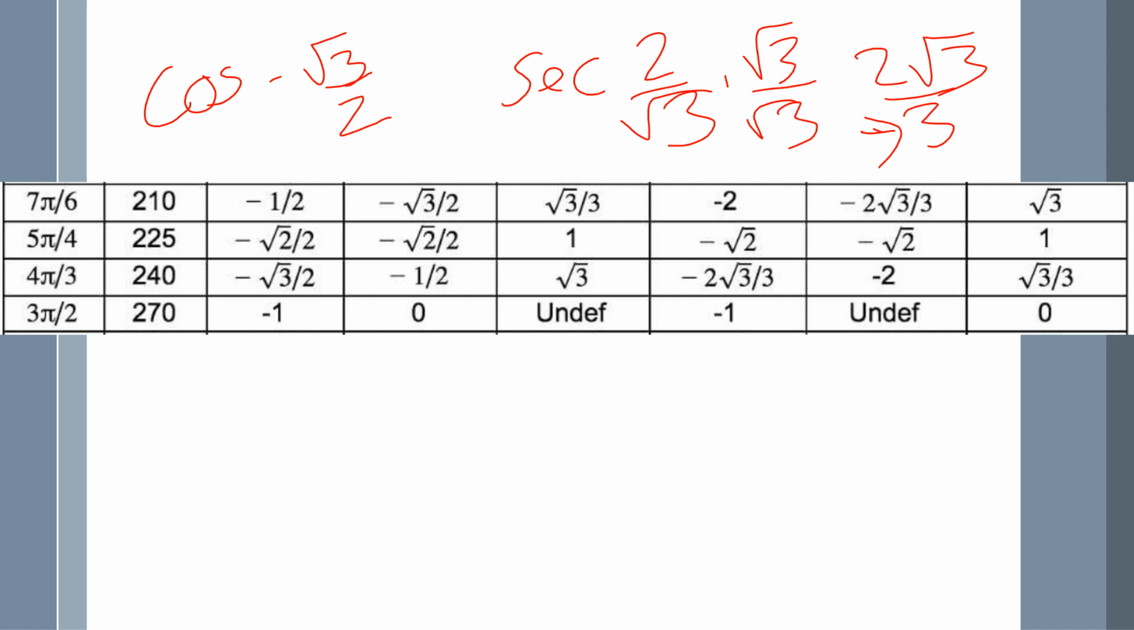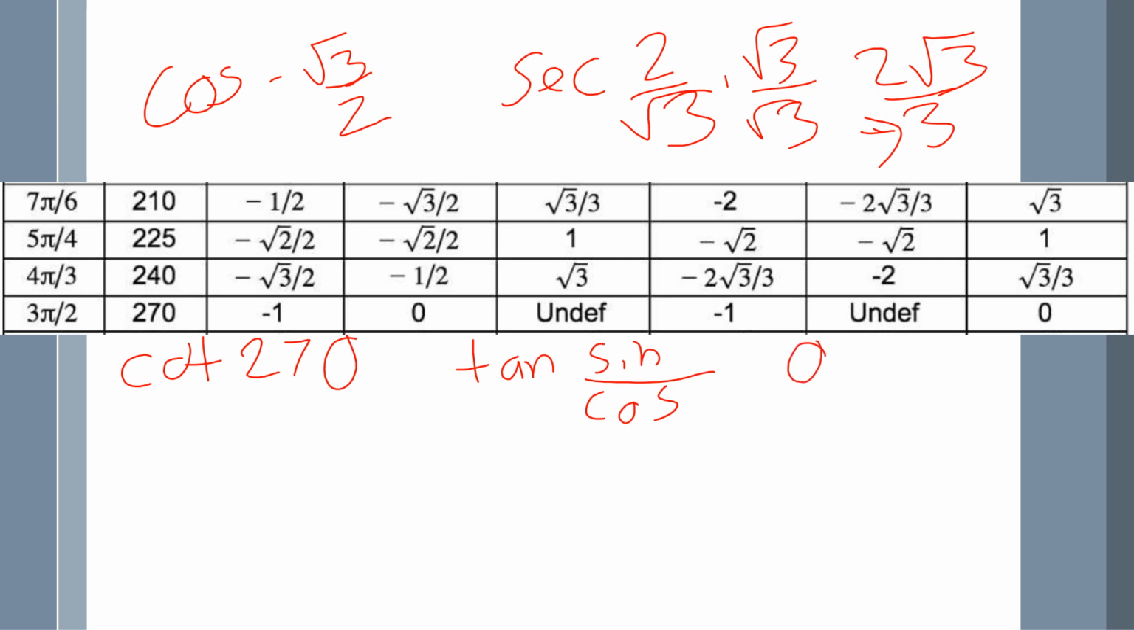But suppose I had cotangent of 270. So remember that now you know that tangent, because you have to know what tangent is. In this case, remember, it's going to be sine over cosine. And we know that sine of 270 is going to be